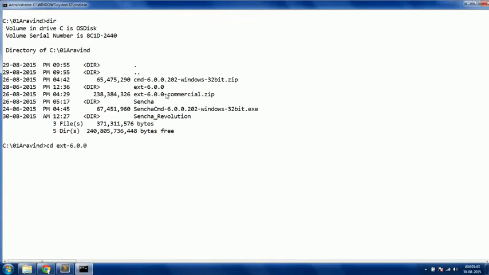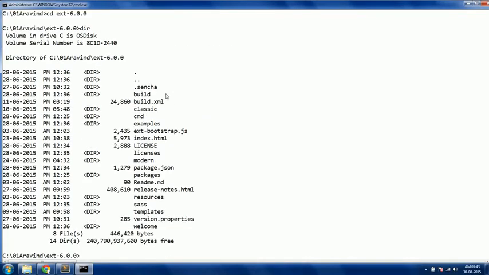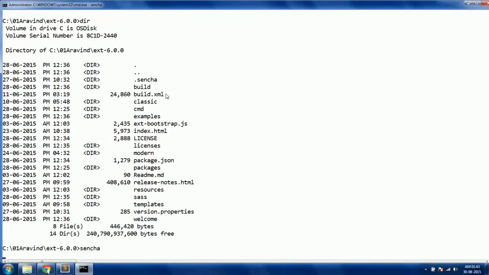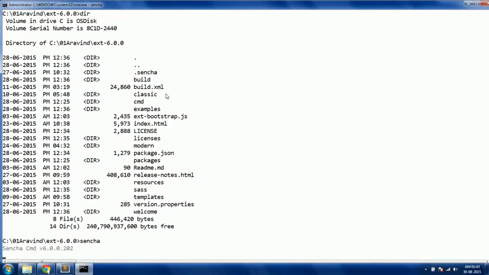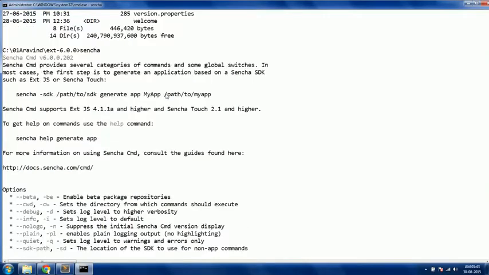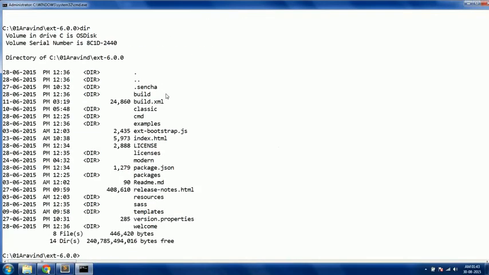So once the SDK folder is available and Sencha Command is installed, then you will be able to access Sencha, and you will get an SDK file, something like this. So these are your Sencha SDK files. Now we are inside the SDK folder. Now we need to generate our personal workspace